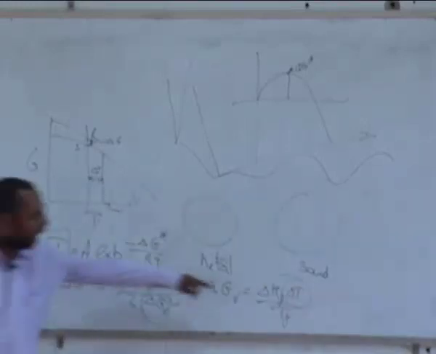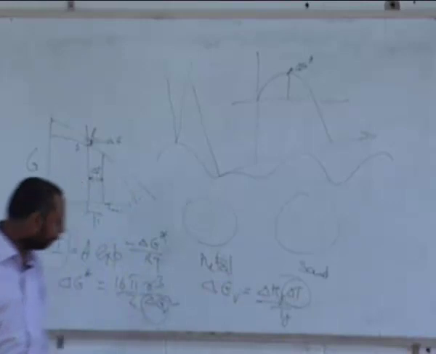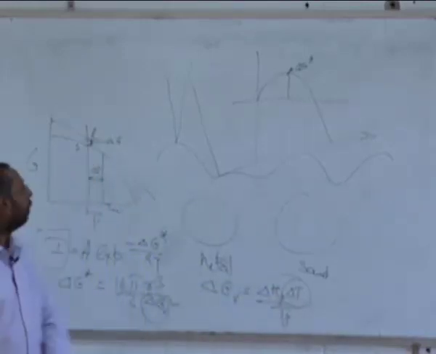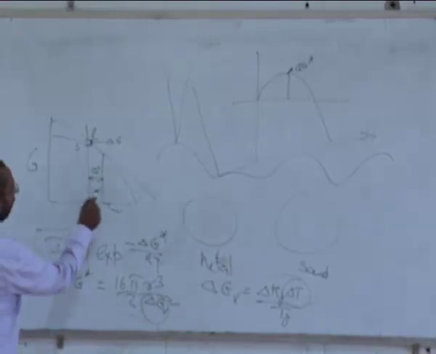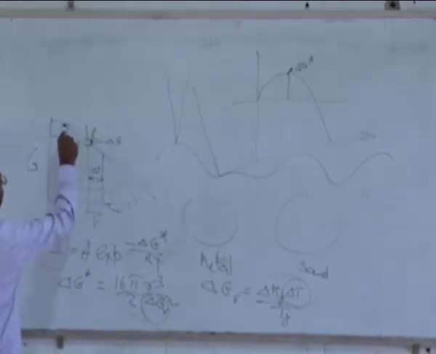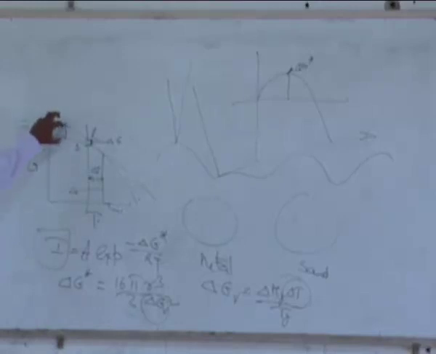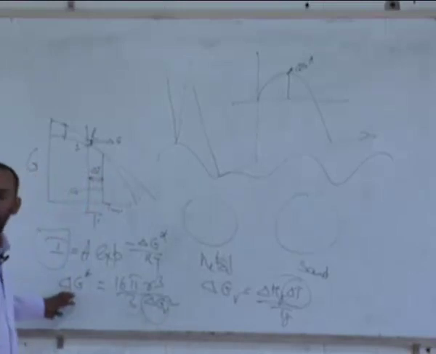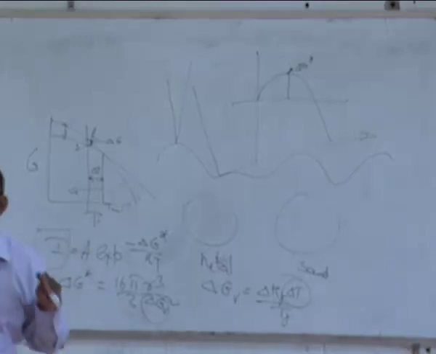So the larger the driving force, the higher the nucleation rate. How the higher driving force? As I increase the delta T, the driving force is increasing. Driving force is the difference between these two. The difference between these two keeps on increasing as you decrease the temperature or increase the undercooling, and that basically increases the driving force. That causes a decrease in the delta G star, and if the delta G star decreases, I increases.